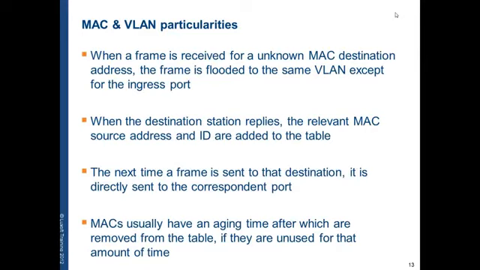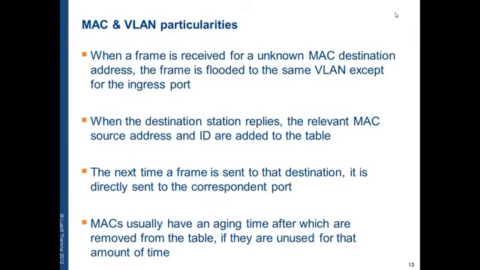When a frame is received by a switch and it does not know the destination MAC address, the frame will be sent to all the ports except the ingress port. We use the notions ingress and egress ports to define the port on which a packet came and the port where a packet is sent. The ingress is the incoming port and the egress is the exit, the sending port.